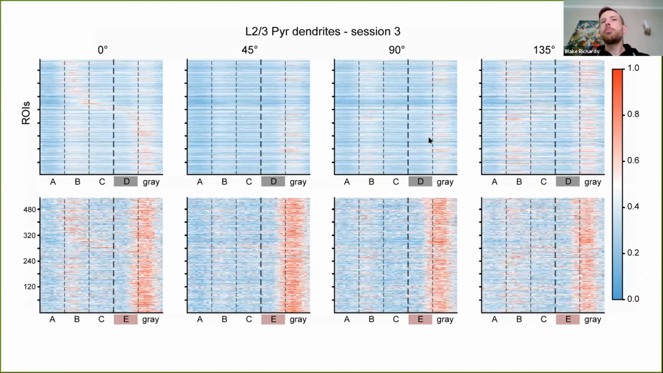Here's an example of the responses in the apical dendrites. So these are just delta F over F traces normalized between 0 and 1, where 1 is max and 0 is nothing. And this is also broken down across the different mean orientations for the frames. So on the top, we have the expected D frames, and on the bottom, we have the expected E frames. This is for one animal in imaging session 3, averaged across multiple exposures of the stimuli and in the layer